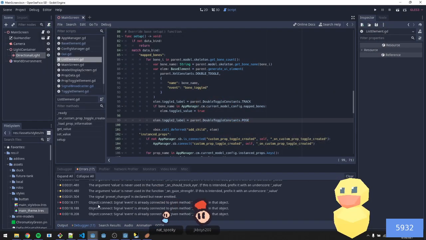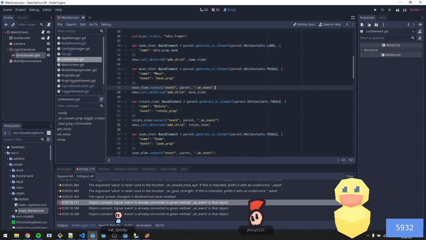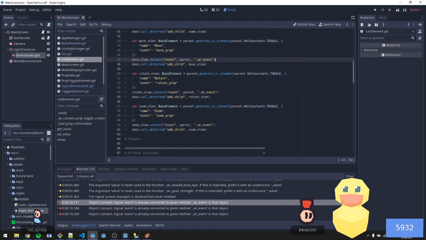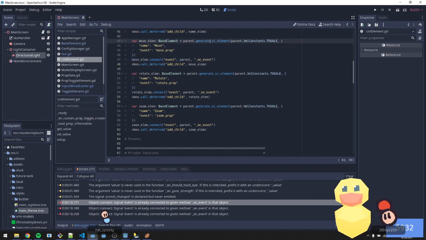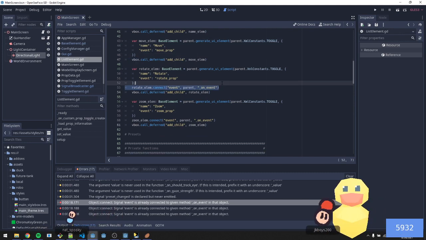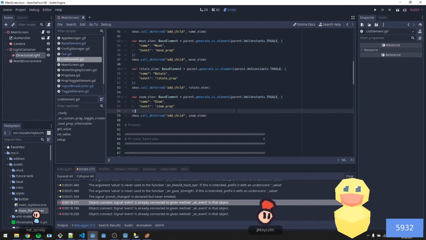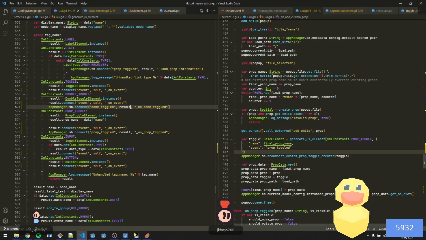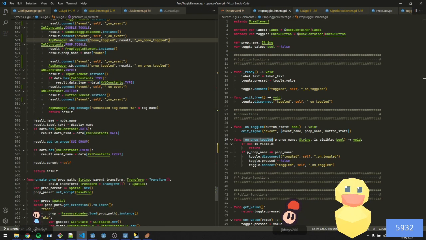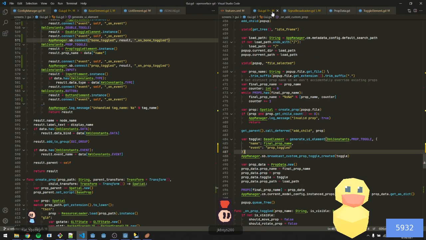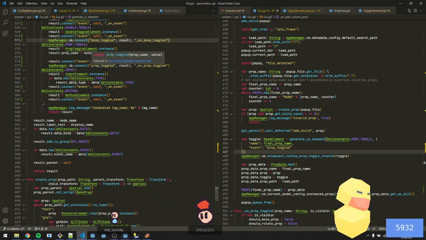Okay, so we have a few errors. Okay, so all of these need to be, yeah. Since I'm reusing this, yes, so I don't need to do these anymore. Oh baby, it's so much simpler. He's beginning to believe. Prop toggle elements. So these are already set to each other. So all prop toggle elements can only be toggled on once. And now